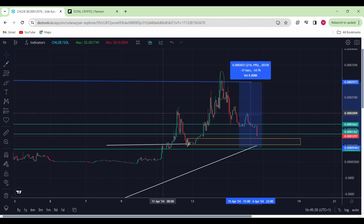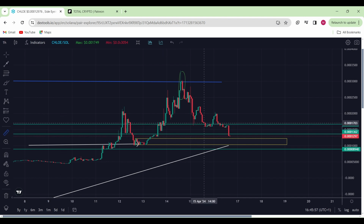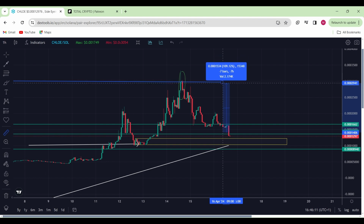And guys, when you DCA in, it can still be very profitable, because look, let's say for example you've already put in maybe $100, round about here. If you put another $100 just below here and then another one here, then guys, you could be in it for a pretty decent trade, because from here to there with $100 you would get like 75%. And then again, if you DCA in as we're dropping, let's say from here to there, that will give you another